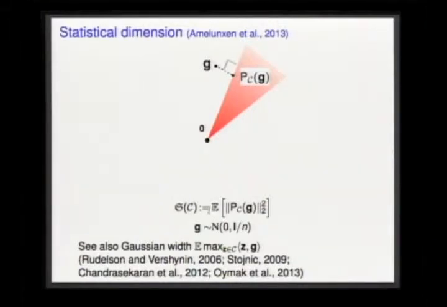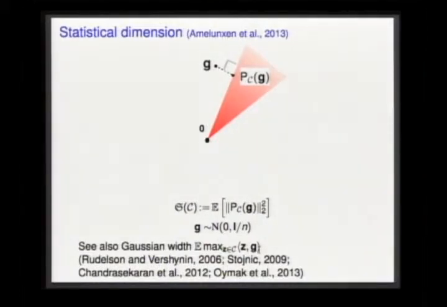So you can write the quantity as the expectation of the squared norm of the projection onto this convex cone of a Gaussian random vector with variance identity over n. So this quantity is very close to the square of the expectation of the maximum of z belonging to the cone intersected with the unit sphere of z times